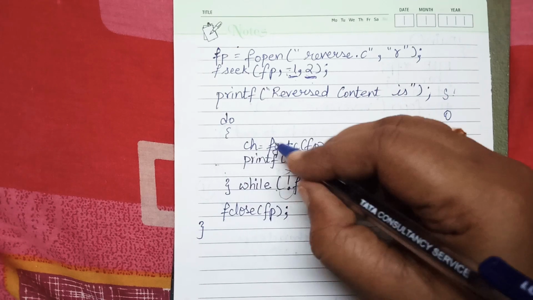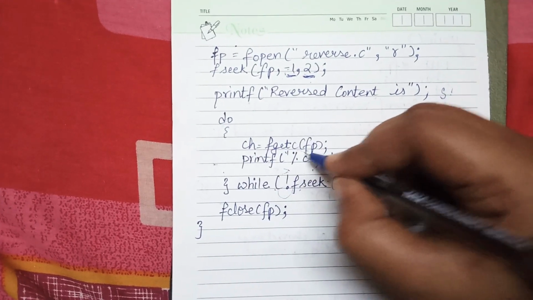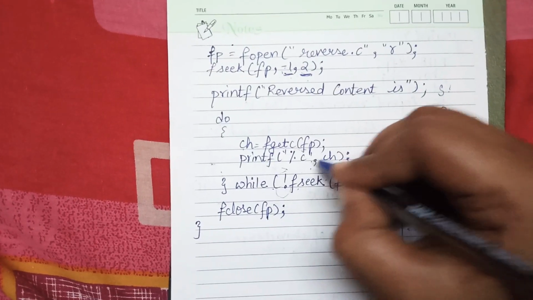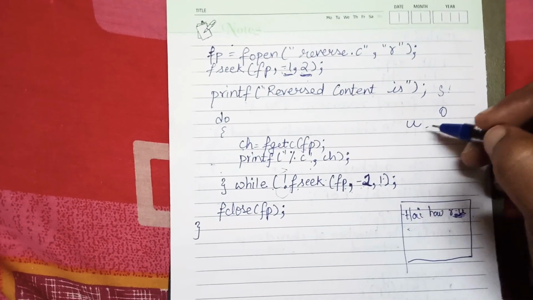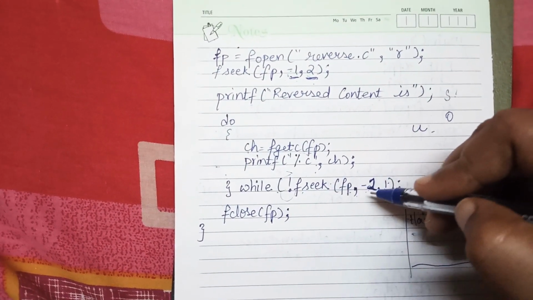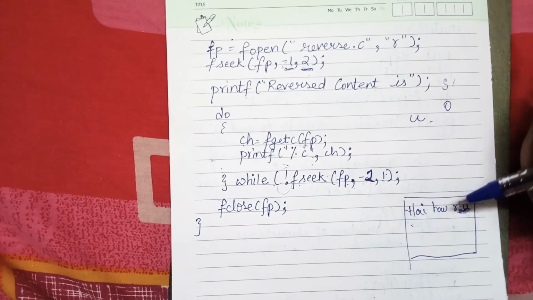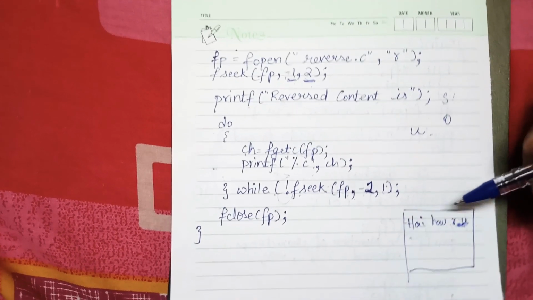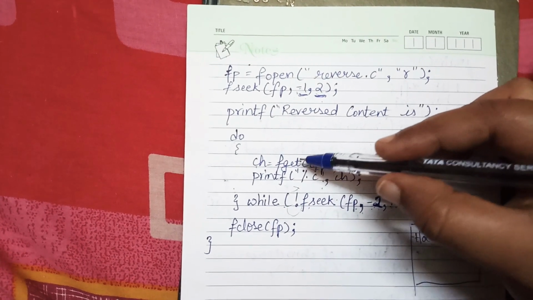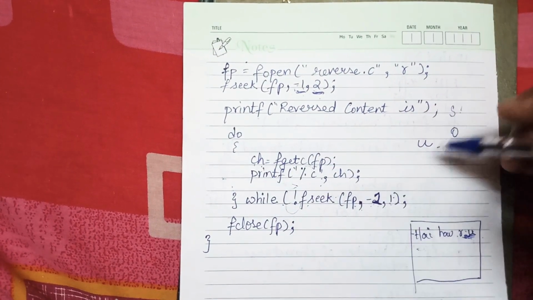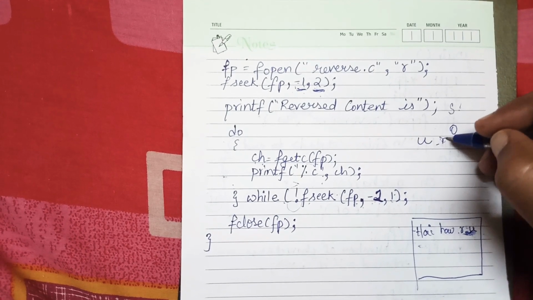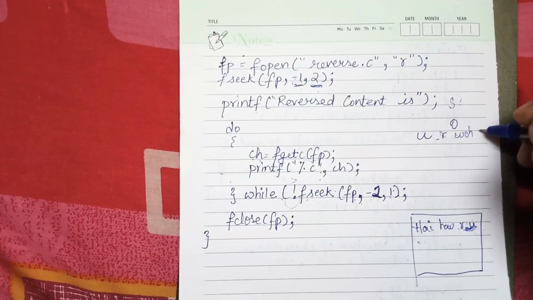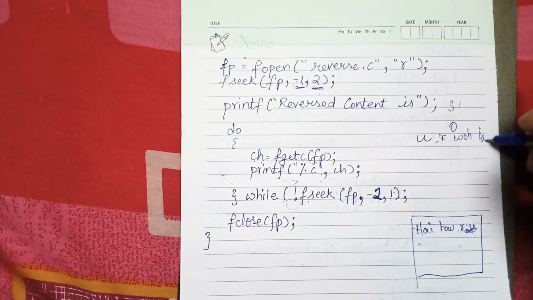1 means again I'll go back, I'll get the fgetc function, meaning I have a space in ch, I'll store it in ch, and I'll print that ch. So after u, I have a space. Again, I'll come here, fseek of fp minus 1 comma 1. Now from this place, I'll go to r. After going to r, I'll store that in ch, and I'll print r. Similarly, the space will be printed, then o, h, space, i, a, h.